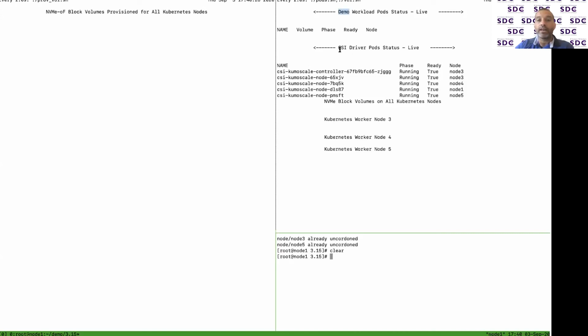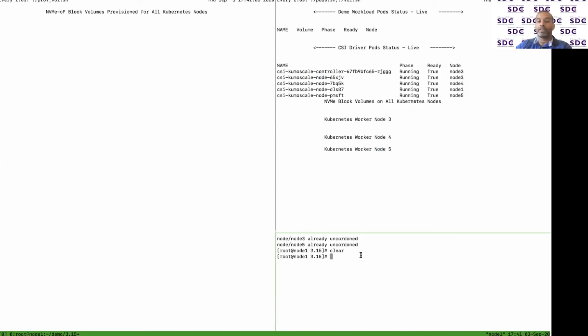And then below that, there is a list of CSI driver components. There is a controller, only one controller. Since I have 4 worker nodes, 4 Kubernetes nodes, each node has its own node driver. The node driver is the one responsible for attaching and detaching central storage to each node. And below that, I'm showing how many volumes are connected to each storage node. Right now, worker nodes 3, 4, and 5 have nothing connected because I haven't started the demo.